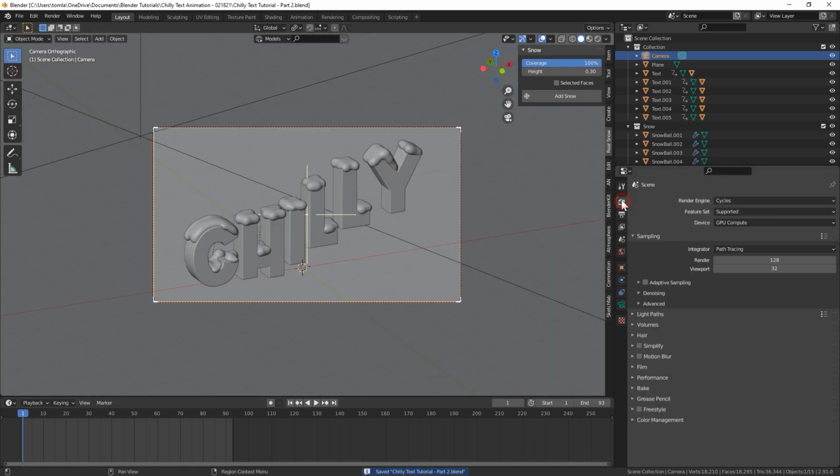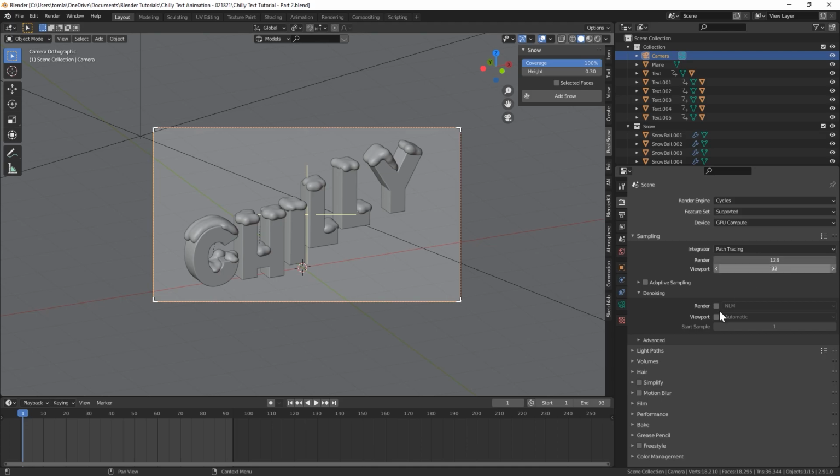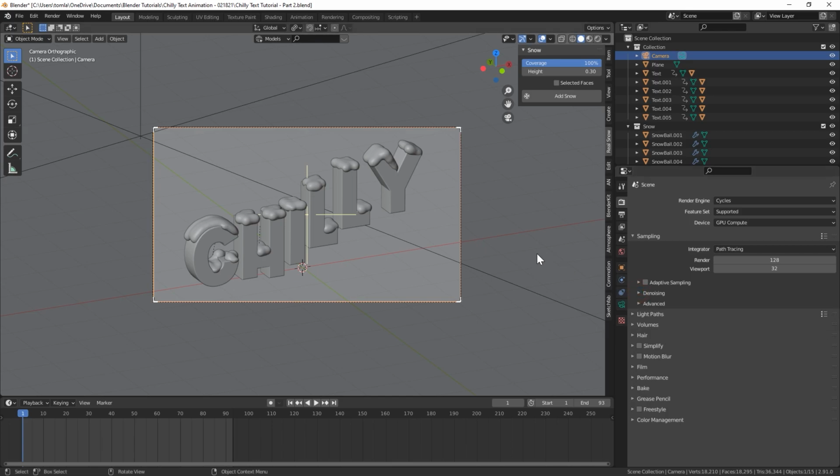Once that's all done, let's go to the render tab. I'll leave it at 128 for now, but I am going to turn on denoising. I have an NVIDIA GPU, so I could use this OptiX version, but the OpenImageDenoise or, I'm not sure what this NLM is. I actually have never used it, but I would definitely recommend turning on denoising for this, because unless you want to wait a very long time, it's not going to look very good without some denoising. So let's render it real quick and then we'll jump into the compositor.